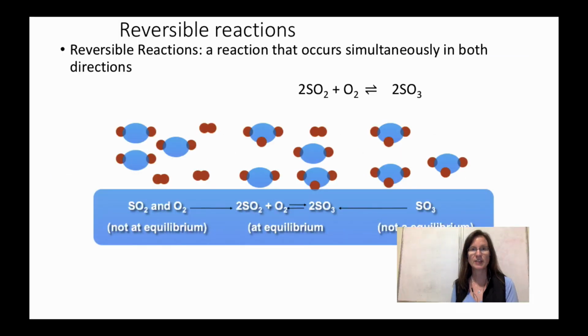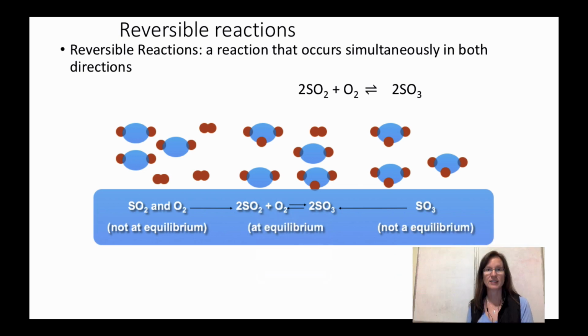This video will serve as an introduction to equilibrium and reversible reactions. So to start with the reversible reaction, in order to have equilibrium, you need a reversible reaction. All the reactions we've dealt with up until now were considered forward-facing reactions, meaning they drove to products, and